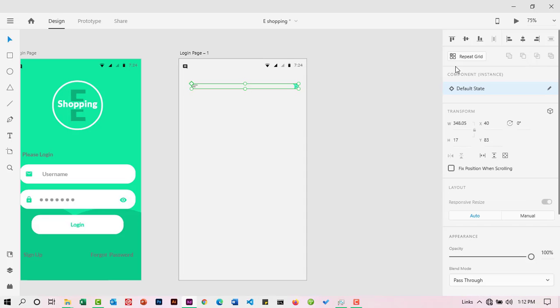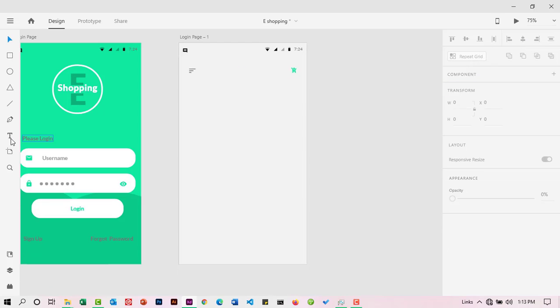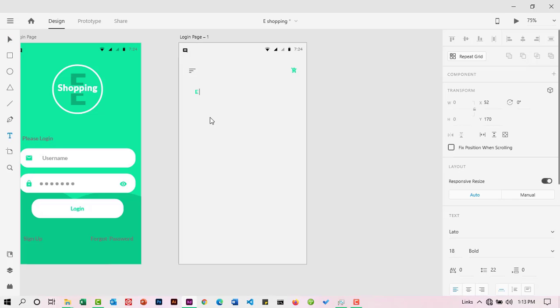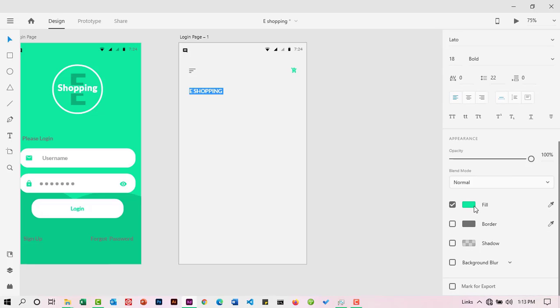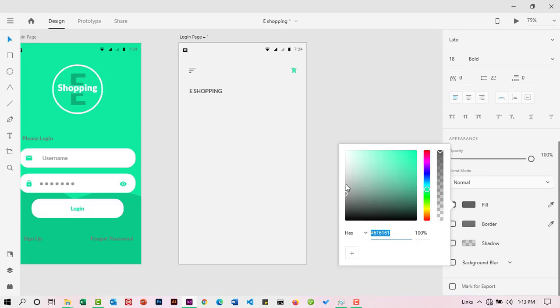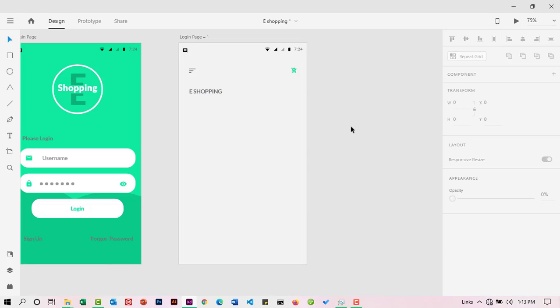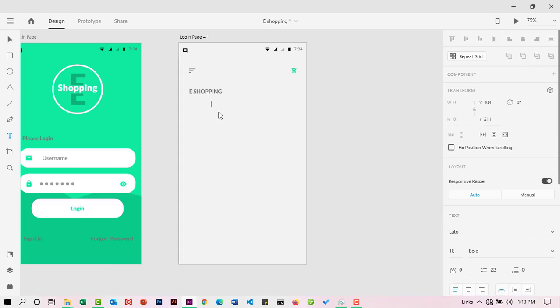So I select my icons and align them center horizontally. And then down here I want to have some text, so I'll pick the text tool and I'll have e-shopping. So this text should be gray in color. Maybe something like that. And then down here I also want to have a certain sentence, and I'll say